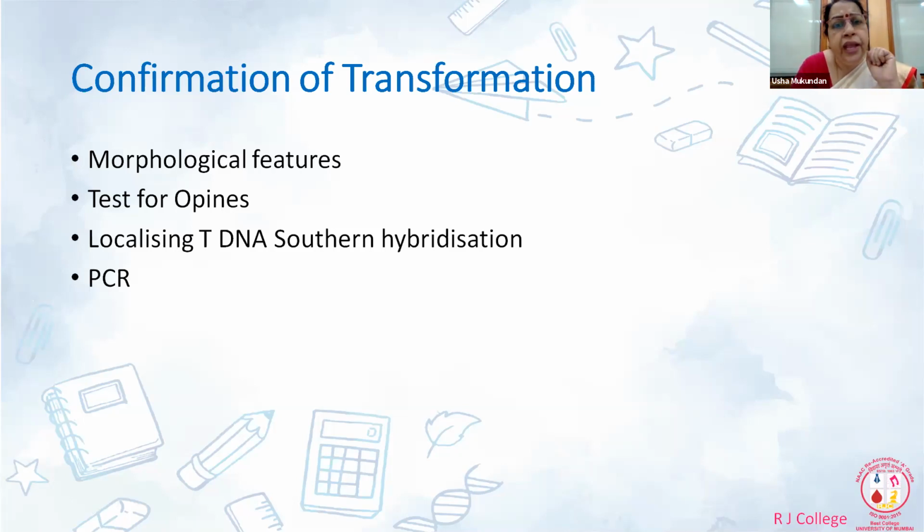Now, normally, what do you think is the function of root hair? They are meant for aeration and also for facilitating the absorption of nutrients from the soil. Now, in case of hairy roots, because the roots are submerged in liquid medium, the root hairs do not provide the function, or the root hairs are not metabolically very active.